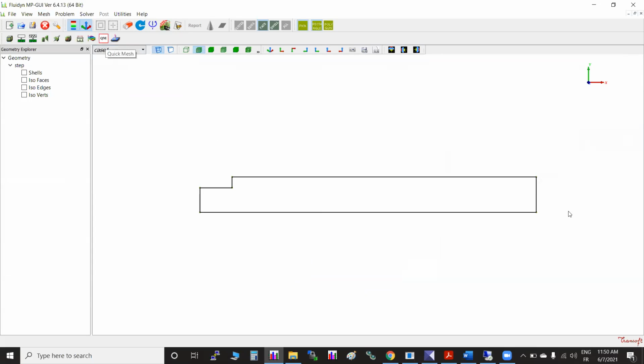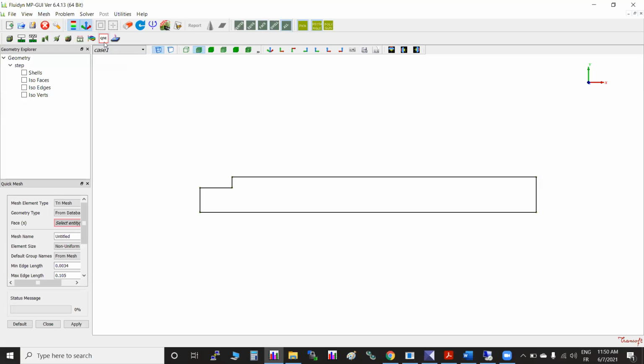So what do we do here? This is the geometry. You just go to quick mesh, QM. A short key is given here for quick mesh. For quick mesh, we have the option here only. Other options which are available here, like primitives on geometry, are here also.